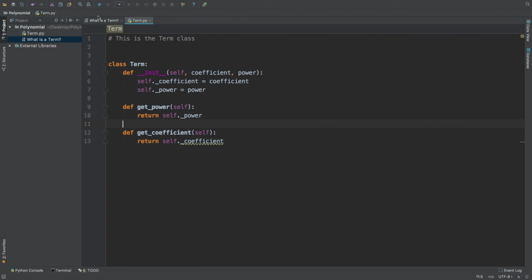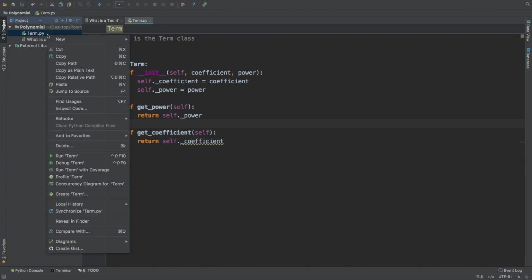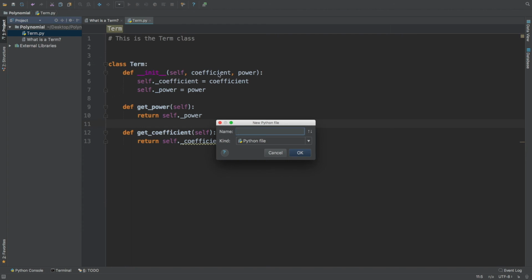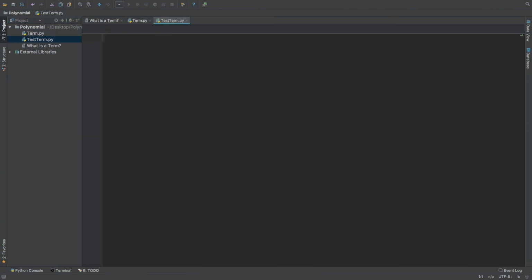So guys, remember in the first tutorial when I told you that we're actually going to test this class to see if it works or not? Because we really want to learn a lot about Python from this tutorial series, not just create an app. This is what I told you in the first tutorial. So let's go ahead and do that. How can you create a test? A good habit is just to type in test and the name of your class, which is term. All right, so just go ahead and type in